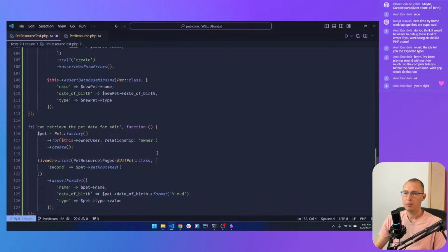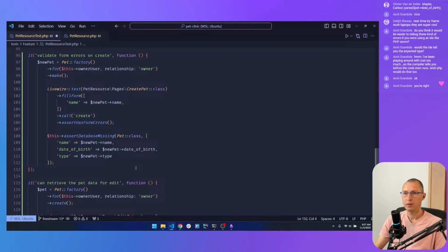I was thinking that maybe we could, in the validation form, in the validation test, sorry, we could use a sequence or a data set, because right now I'm just testing the required validation on date of birth and type, but I should also be able to test the name.